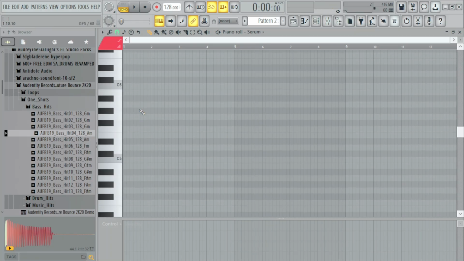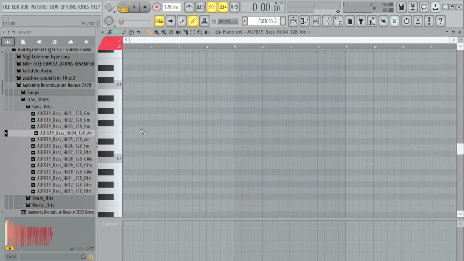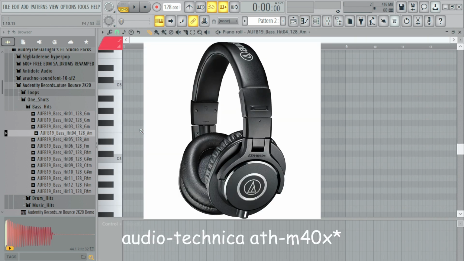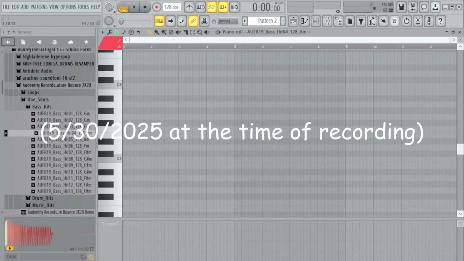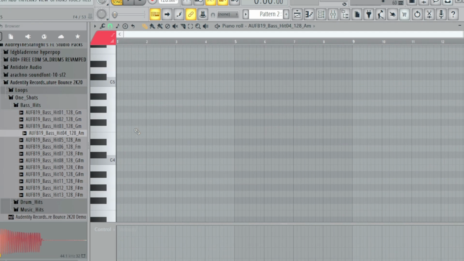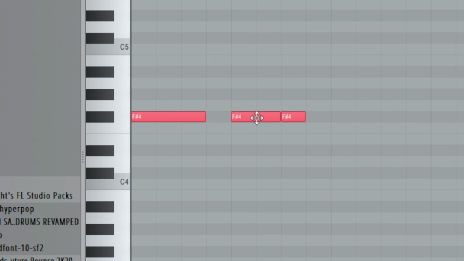play the pattern manually. Oh, by the way, I also got new headphones. I got some Audio-Technica ATH-M40x, which are pretty good headphones. I just tested them out today. They have some average treble, but overall it sounds pretty damn good for studio headphones. So I'm using this right now. I want to have that, but